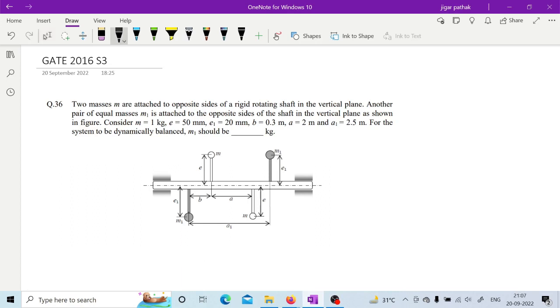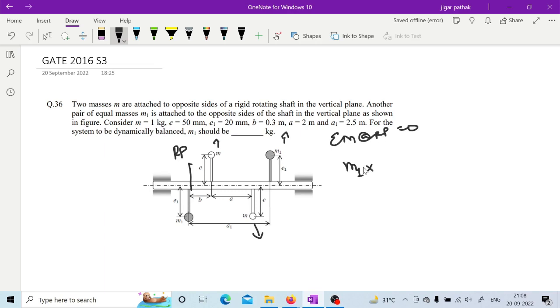If you consider this plane as the reference plane and take moments of all the forces, then start with M1, it will have this direction, right? Here also it will have this direction. So both will be added, and this one can be subtracted because it has a different direction than the remaining two. So if sigma of moment about the reference plane is taken as 0, then your M1